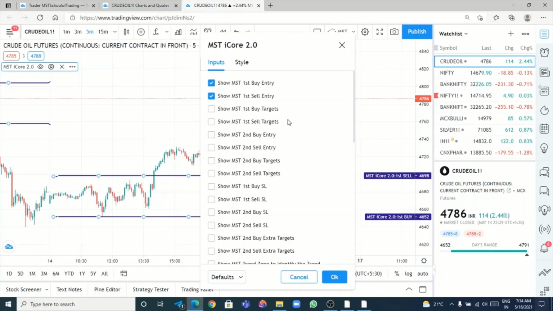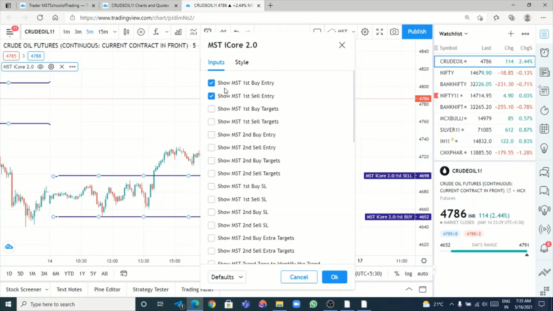There are different varieties of people who understand different terminology. Some people will understand only if you give it in a detailed manner. Some people will understand even if you tell them 20%, they will make it 100%. So since it is a common platform, we have made it in such a way that we have elaborated it. We have given the content like first buy entry, then first sell entry.